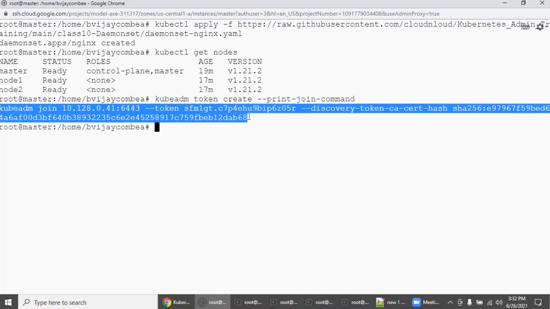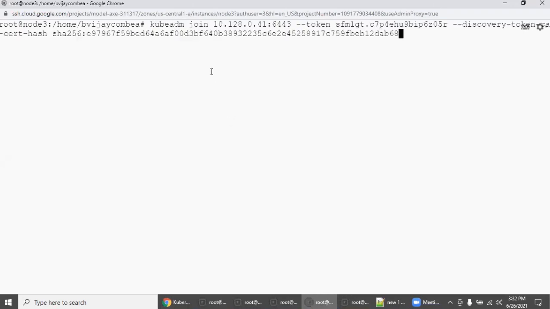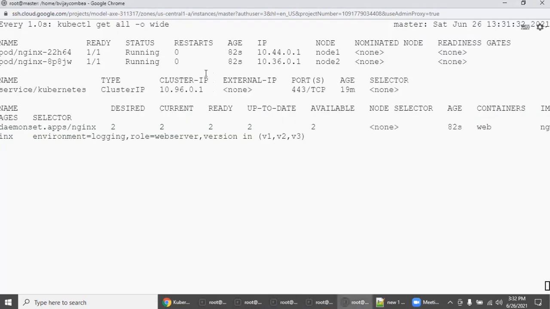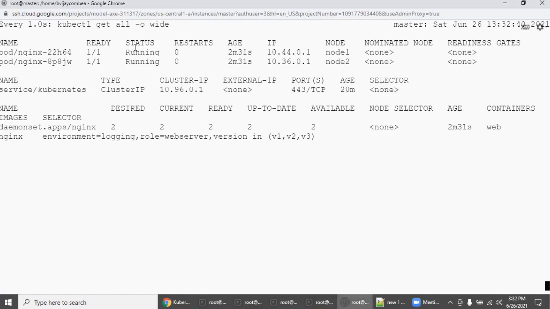Copy this and go to your node 3 and execute it. The moment you execute it, in your window you can run kubectl get nodes. Also, don't stop this command output, because we need to see it in parallel.